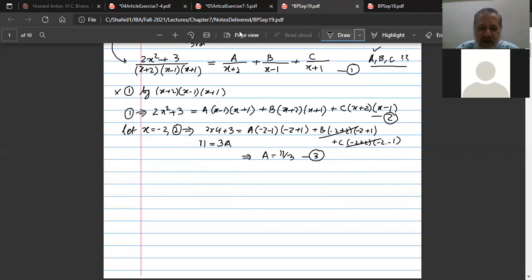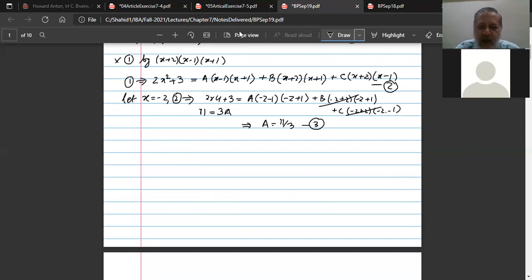So how do I find the value of b? I have to do something जिससे फर्स्ट टर्म और थर्ड टर्म कैंसिल हो जाए. फर्स्ट टर्म और थर्ड टर्म कैंसिल होने के लिए मैं इसमें देखूँ कि इन दोनों में कॉमन फैक्टर क्या है. x minus 1 is common, जो कि जीरो हो जाएगा if I substitute for x I have 1. So let x is equal to 1.